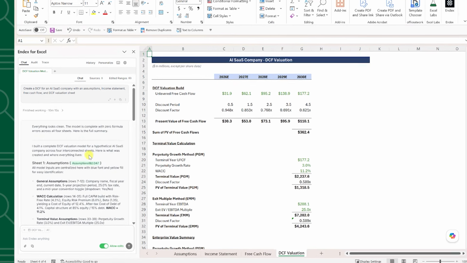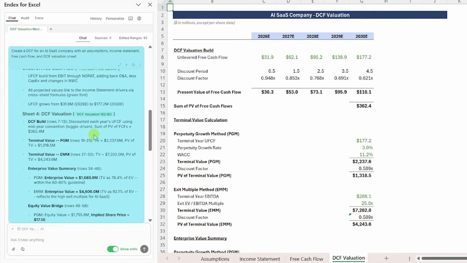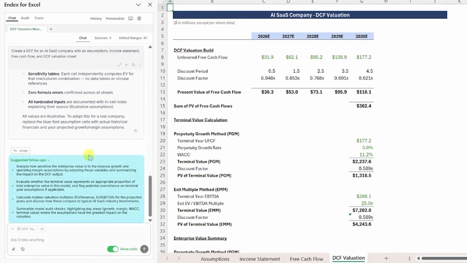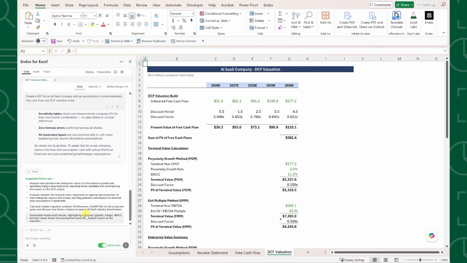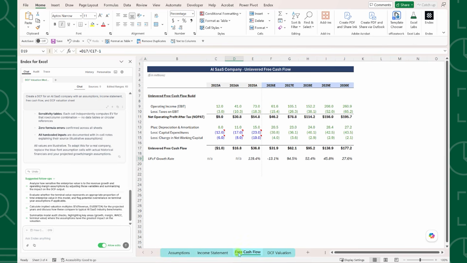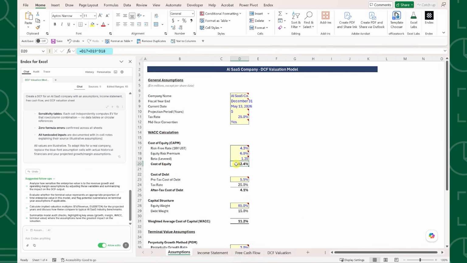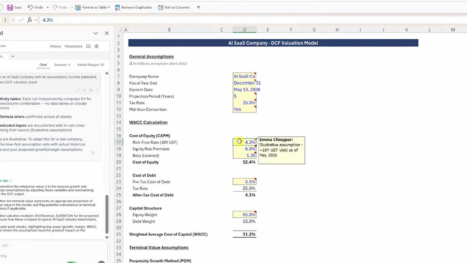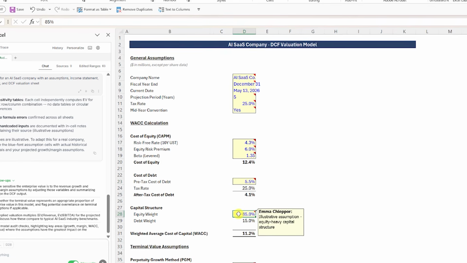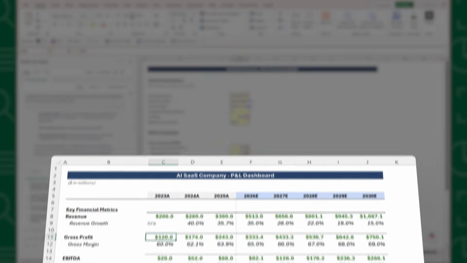assumptions. Once it's finished, it provides a complete model summary for documentation purposes and gives us a list of suggested follow-up actions to run if we want. This is the most productive financial analyst I have ever seen. We've officially built a complete professional formatted DCF model containing 4 fully integrated worksheets with dynamic formulas linking across tabs without writing a single Excel formula. And because the model is fully dynamic, we can update any of the assumptions on the assumption sheet to test out different scenarios. We can actually take this a step further if we want and create a dashboard that visualizes